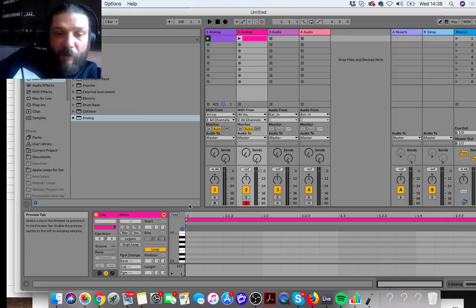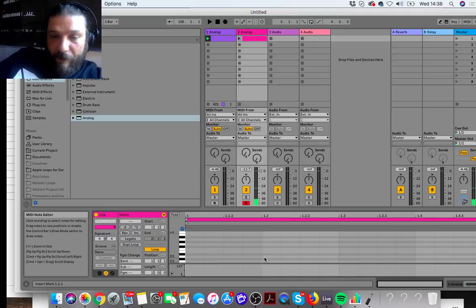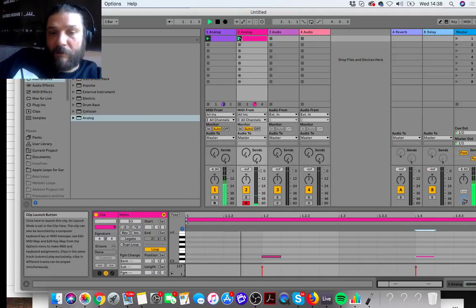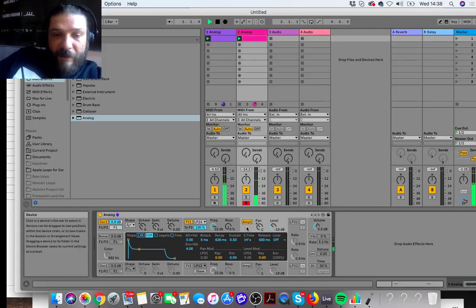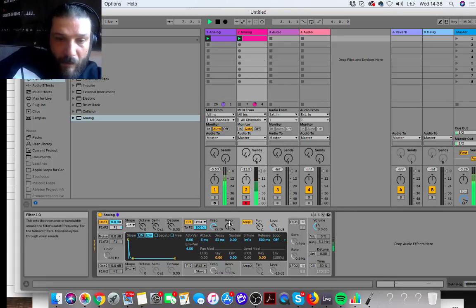And then, it doesn't matter what note I put in, because it's going to sound the same, whatever note I put in. So I'm just going to go like that. And once again on the amp I can just